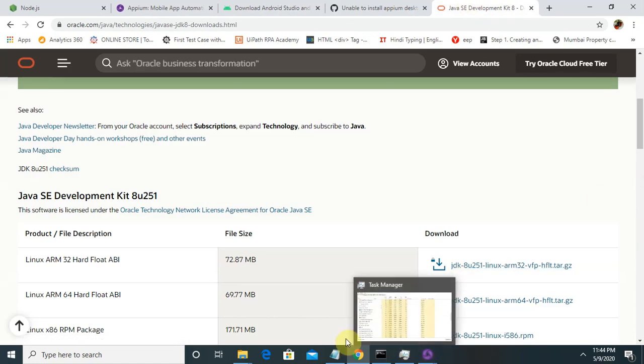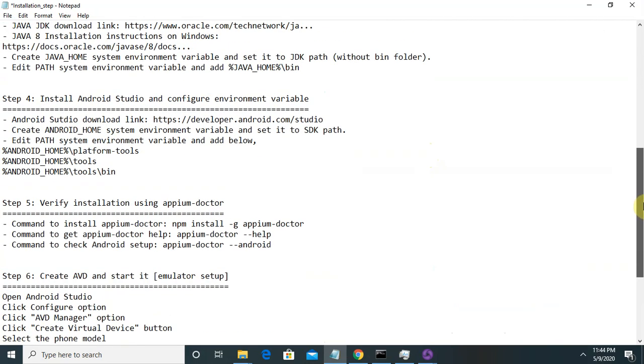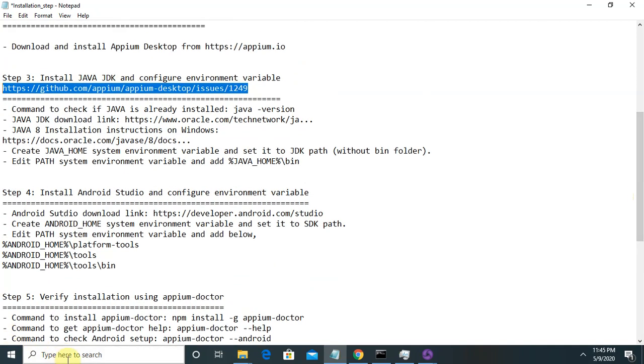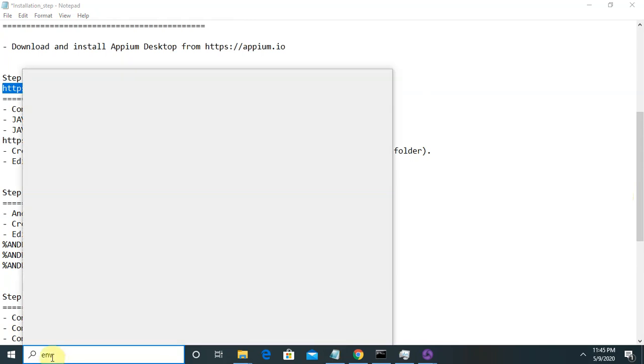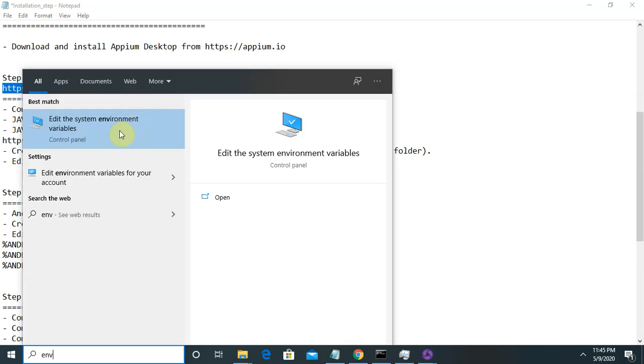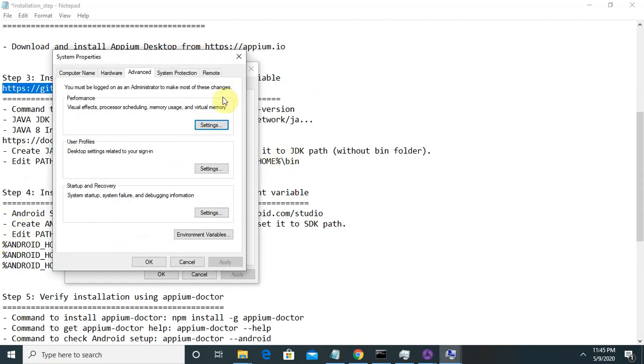After installation, you have to configure your environment variables. To do that, just enter env, and it will show you the Control Panel environment variable settings page. Click on this, open it, and add the environment variables for Java Home and Android Home. Without entering Java Home and Android Home, it will throw an error.